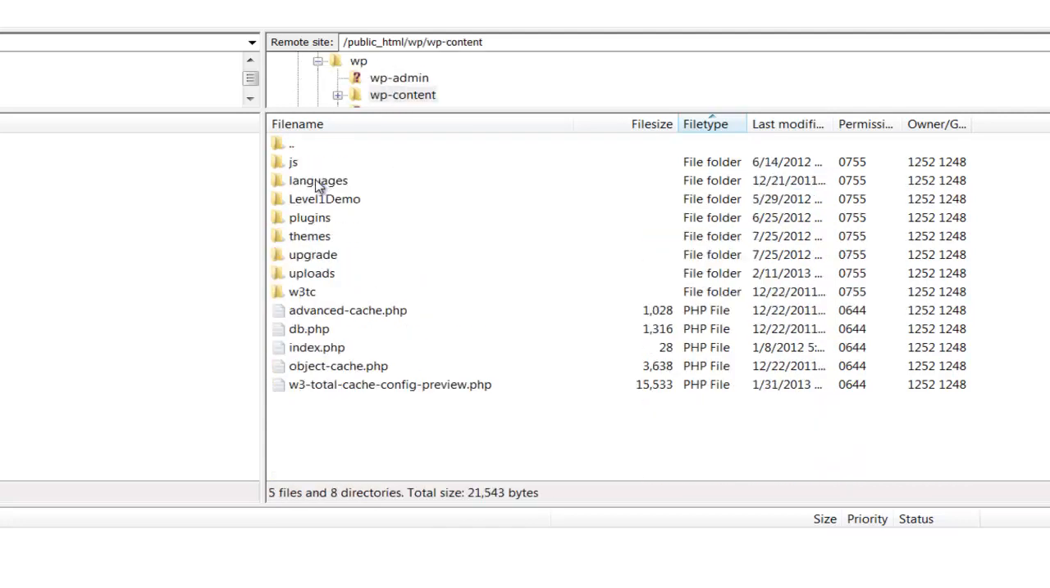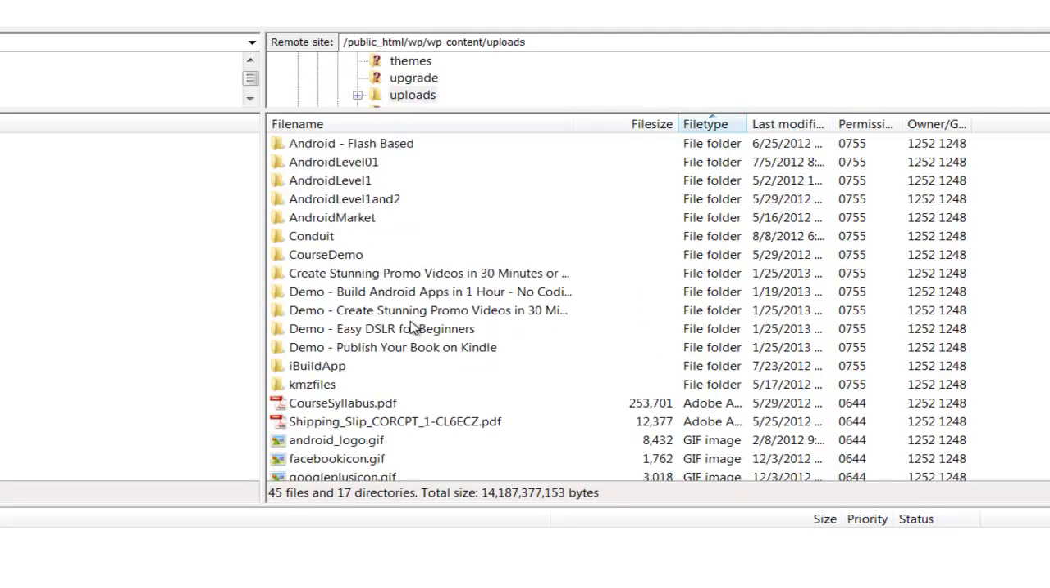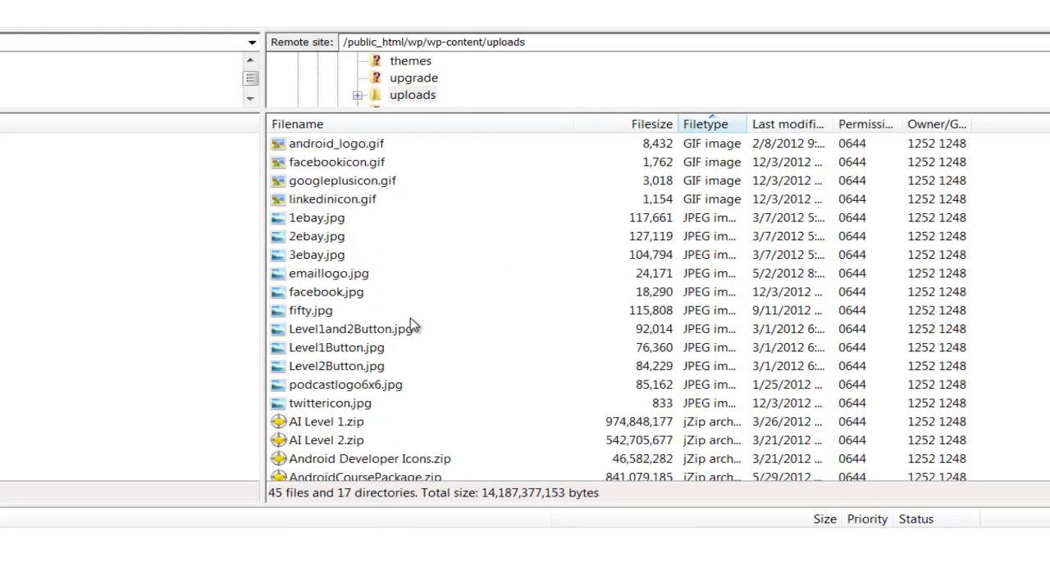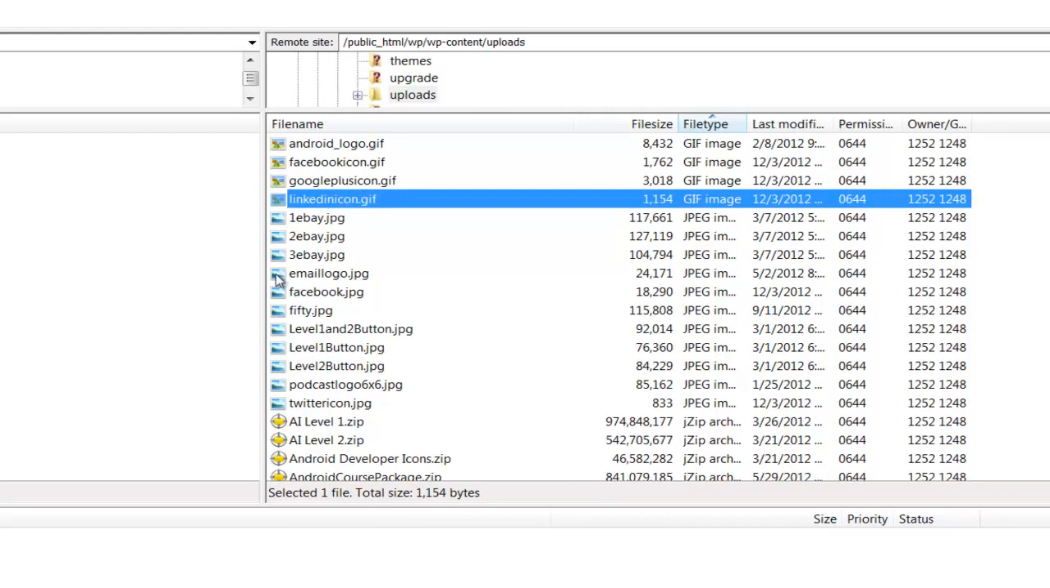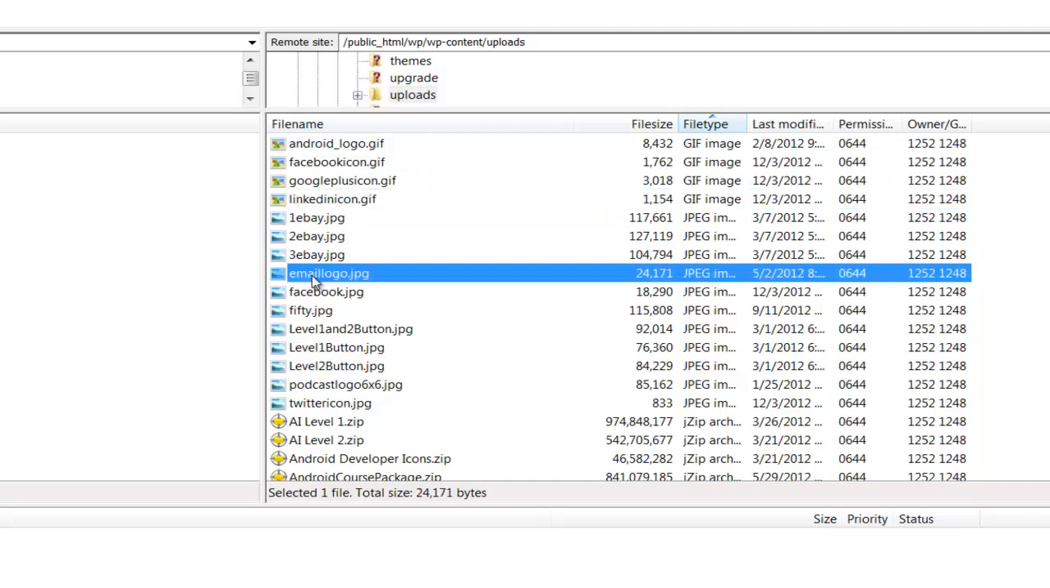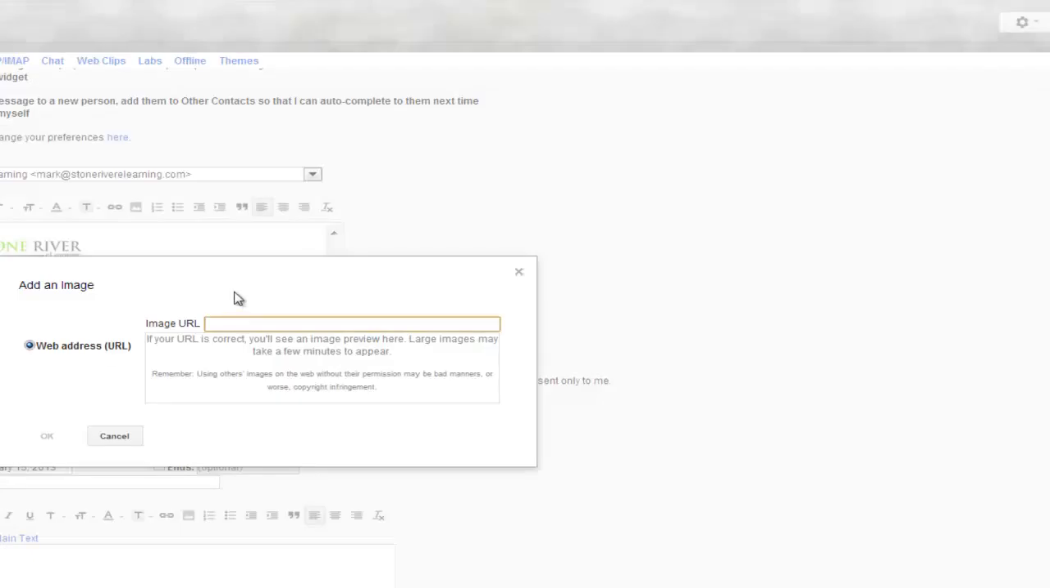It's in here, content, and uploads. Now, when you go down here, what you're going to see is this Facebook, Google+, LinkedIn, all these icons I've uploaded here. So you can just essentially take the image, drag it, and drop it right in here, and it will upload. And then down here, you actually see I have my email logo uploaded. What you want to do is type in right here, http://, the name of your website,